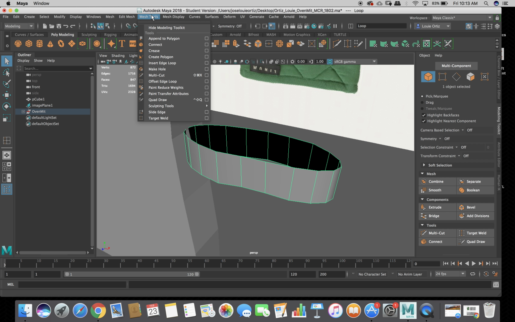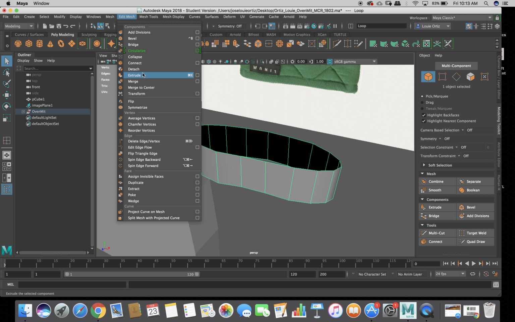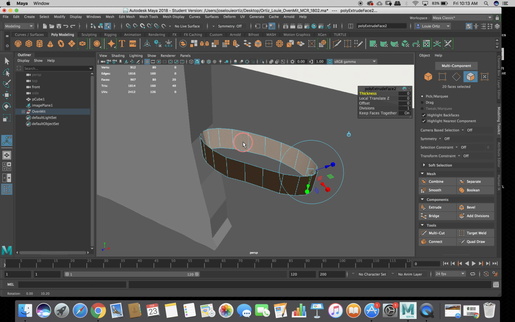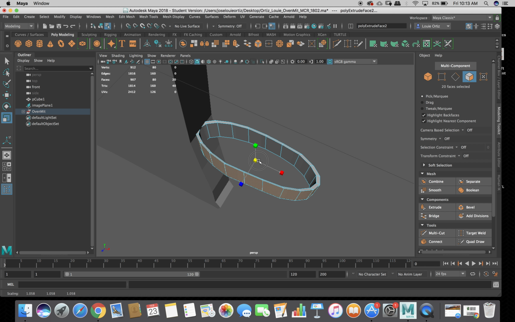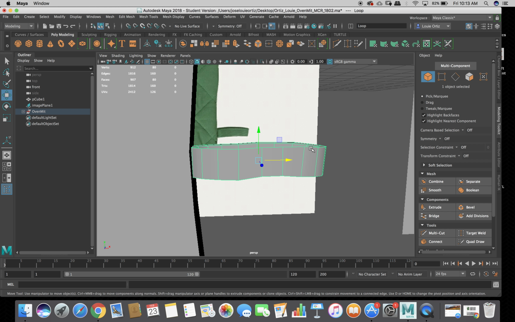Hit mesh. Let's go there. Now it's time to hit that. Okay, now I